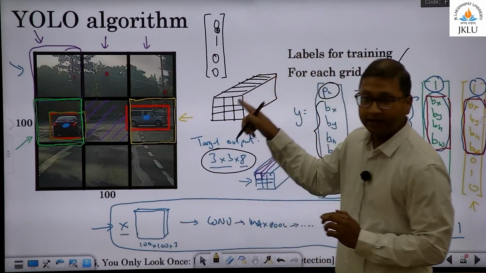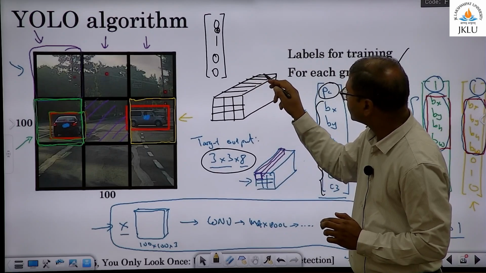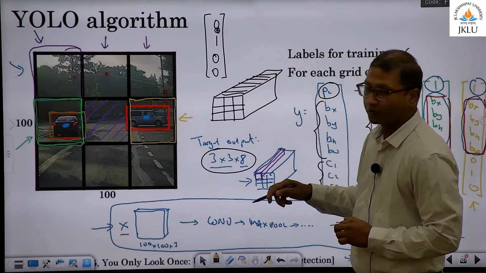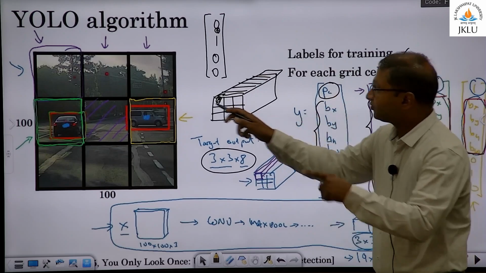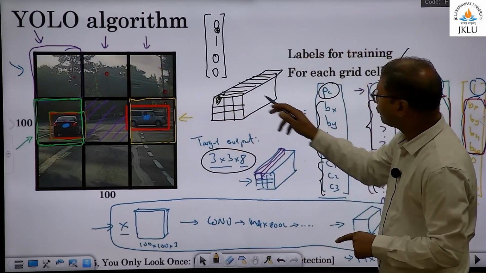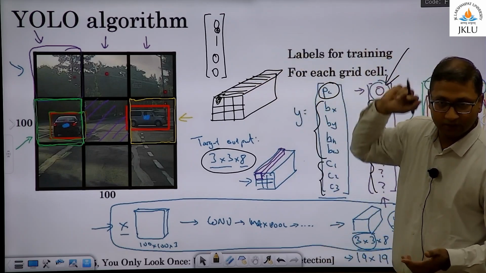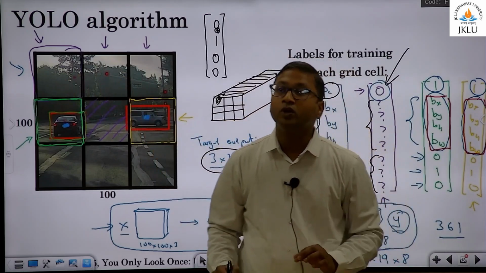You have 8. So 1, 2, 3, 4, 5, 6, 8. Okay. So this first element will be your PC for this grid. Then you have 4 elements for the bounding box. Then you have 3 for C1, C2, C3. And you are doing this for every grid. So every grid will give you at most